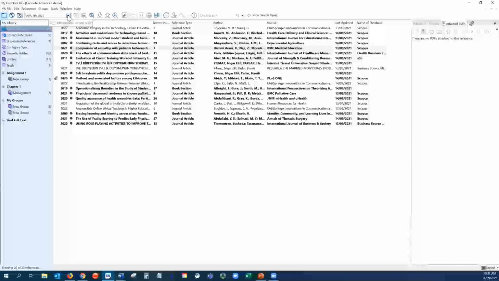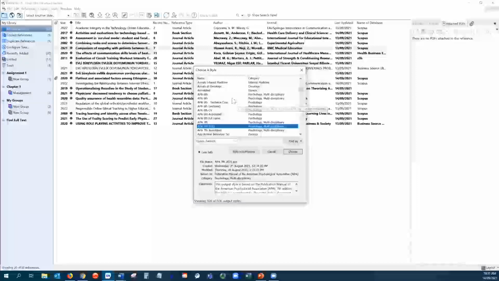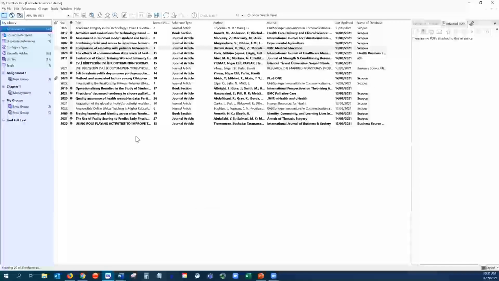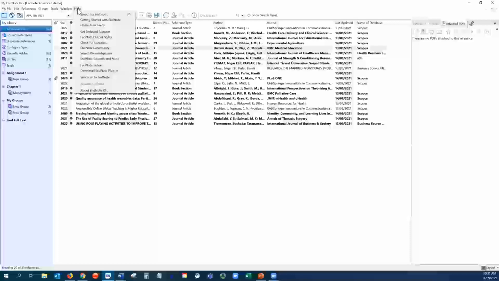If your referencing style doesn't seem to appear when you do the drop down, so you'll get a couple of different options coming in here. You can go into select another style and you can find it in here. If you still can't find it in here, you can add it. So to do that, what you will do is that you will go into Help,